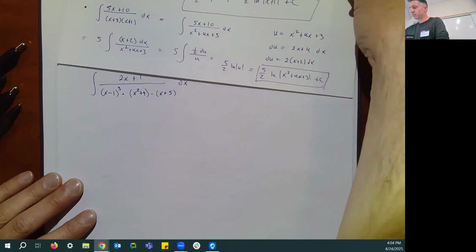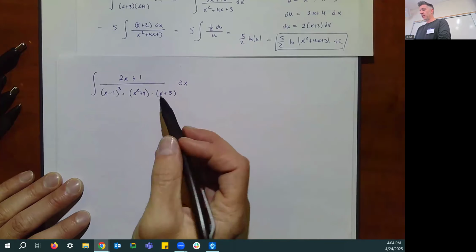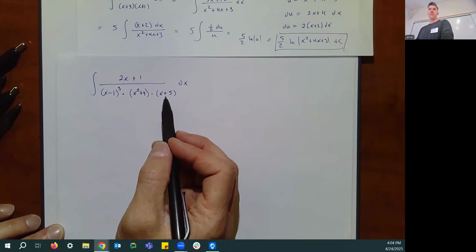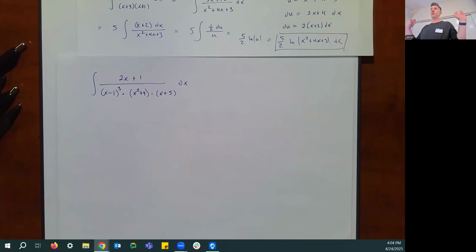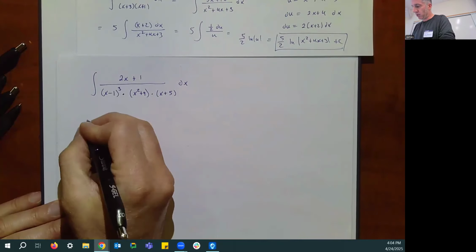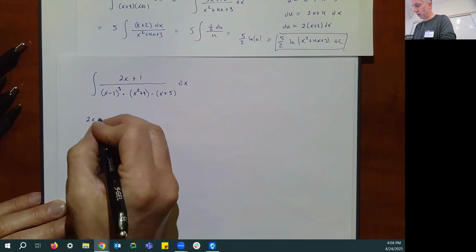So any linear factor just gets to be by itself. So x plus 5 is a linear factor. It's going to have an A over x plus 5, or whatever letter we get to. So when we write the decomposition here,